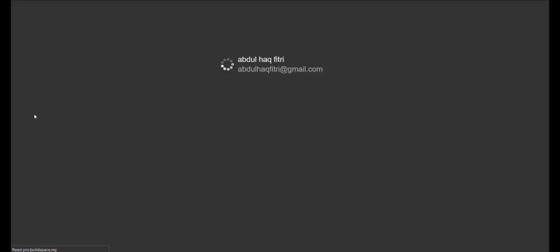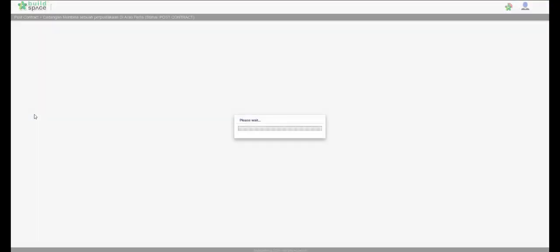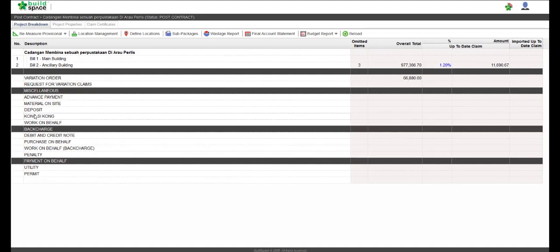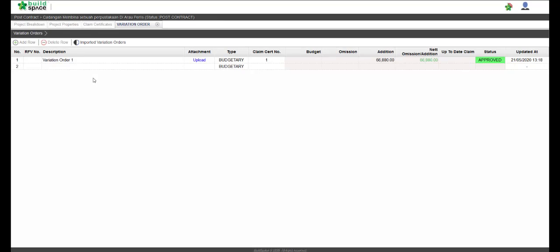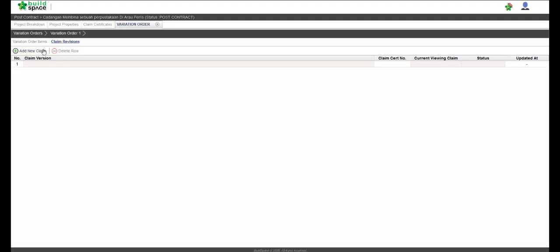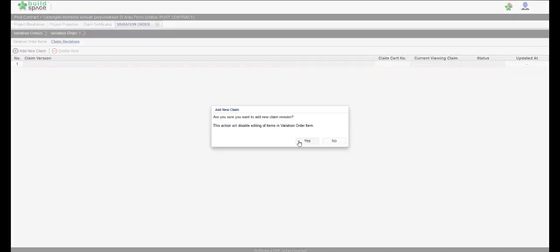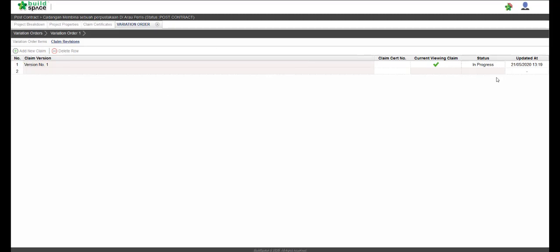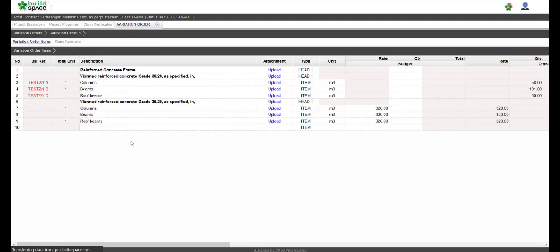Once we go back to Pro and click on the variation order, you can see the status there noted approved. Simply double click on the variation, click on the claim revision and add new claim. Click yes, and the claim is in progress. So go back to the variation,